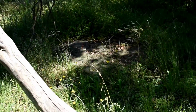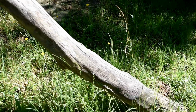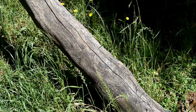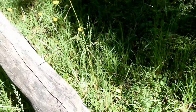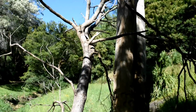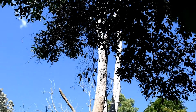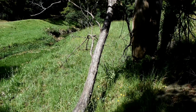Look at this thing. So, I don't know, 18, 20 centimeters. It was 8 inches, 9 inches, 10 inches. The way it looks oriented, it looks like it just probably snapped, and then the heavier part found its way